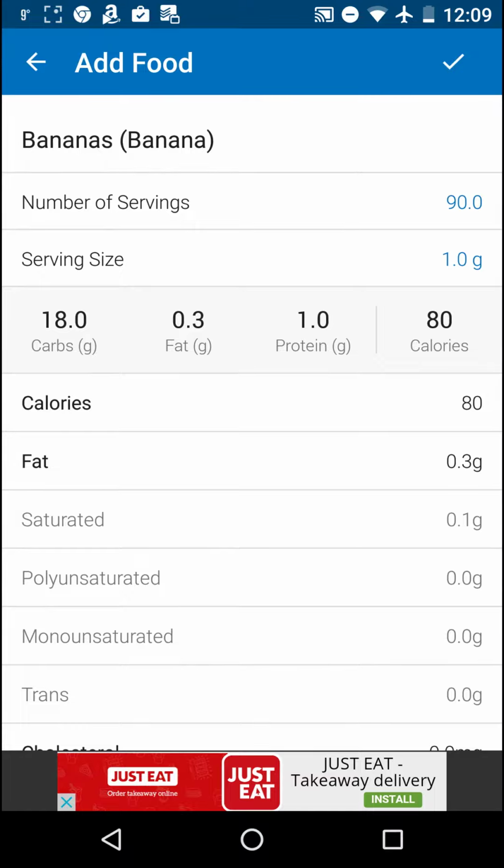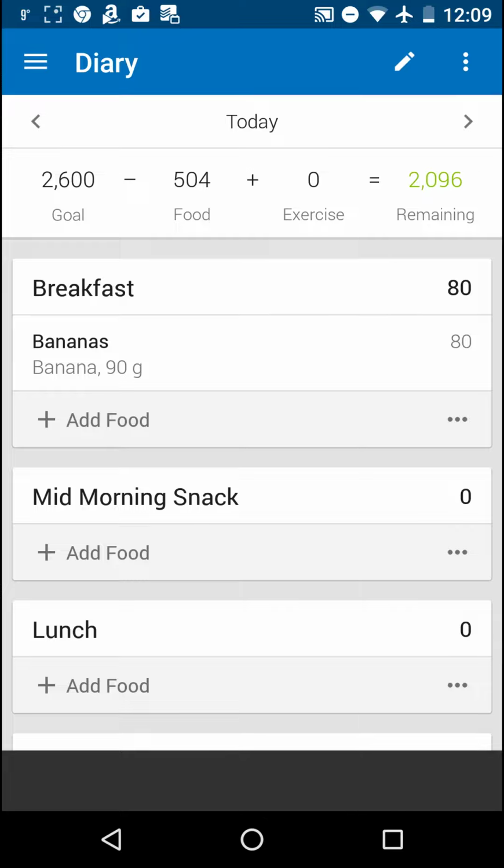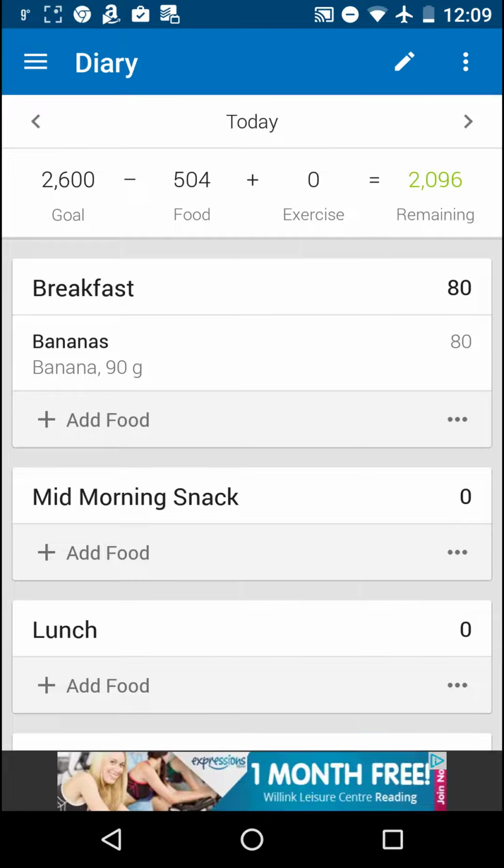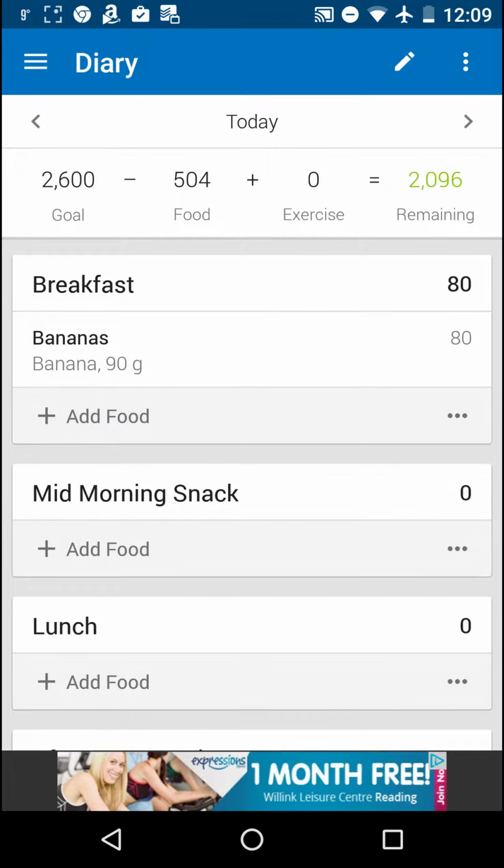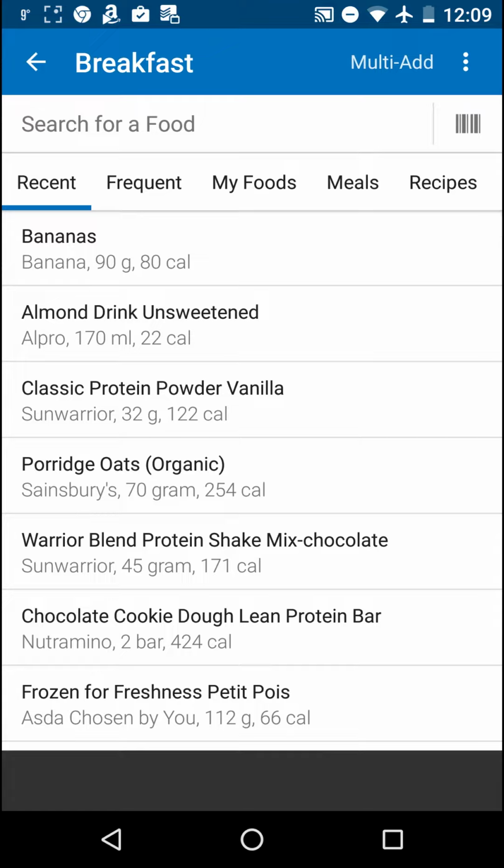So top right, white tick, click that, otherwise it won't save it. If you click the arrow going back, it probably won't save it. And as you can see now, that's been entered into the breakfast category. And you just go back through, click add food, and add another option. Now, there is another option, or there's two more options I'm going to talk about here